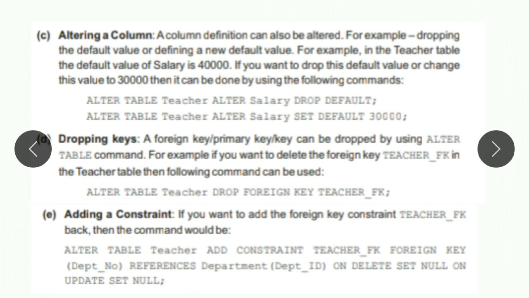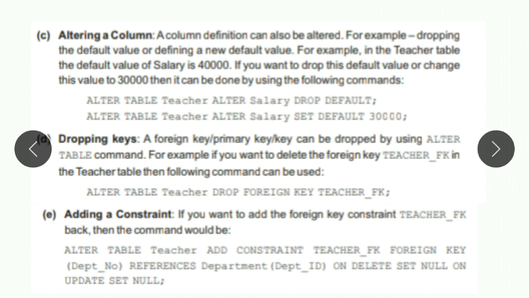Now comes altering a column. A column definition can be altered, for example, dropping the default value or defining a new default value. It means that once you have created a table and you have assigned it a default value. So in the teacher table, the default value of salary is 40,000, and now you have to change this default value.